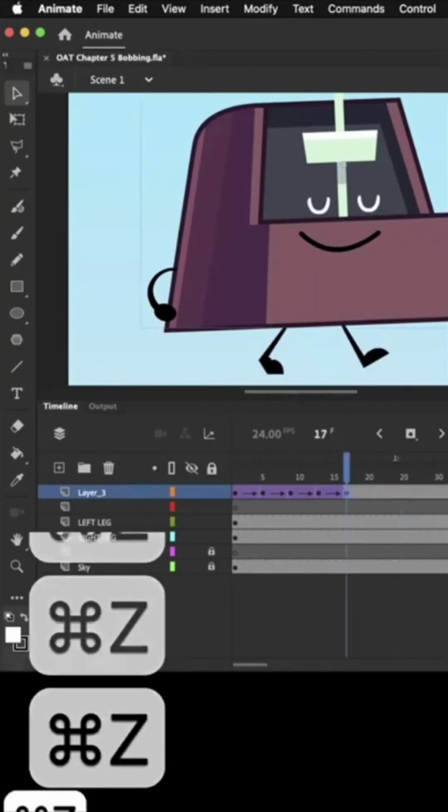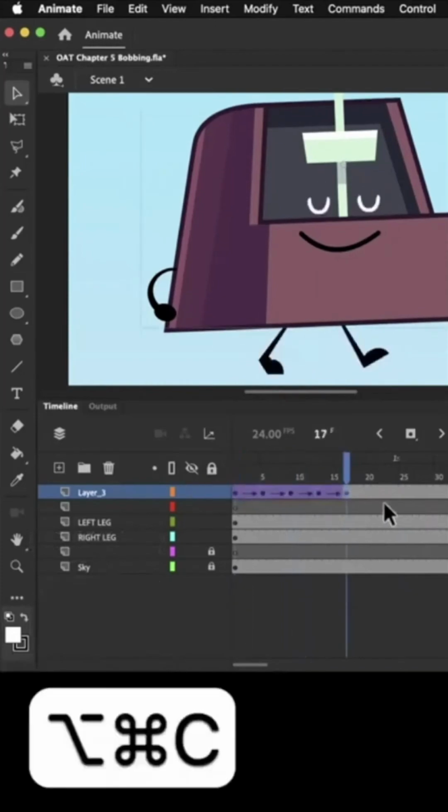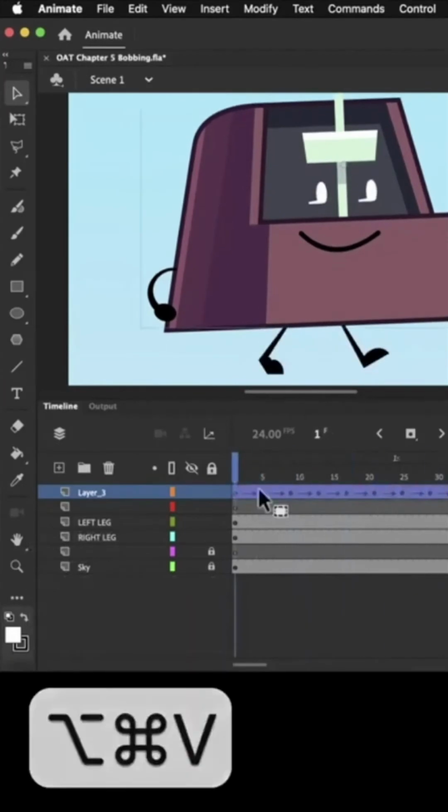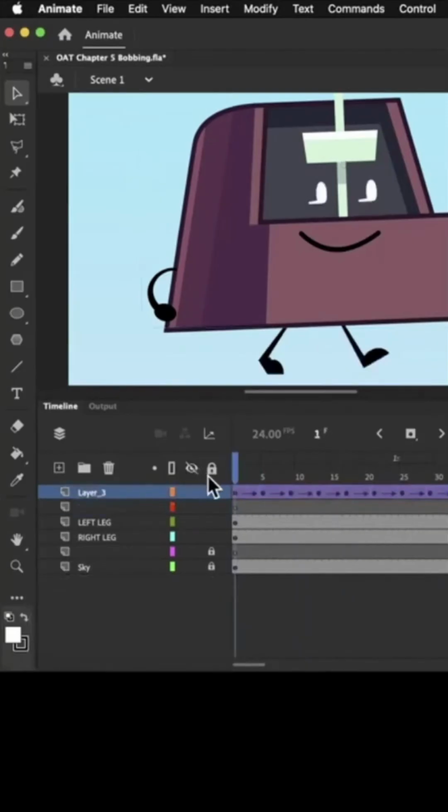Now, if copy pasting one bob over and over is too tedious, we can always double up. So each step, we just copy and paste double the number of keyframes, and that will cover ground a lot faster. And if we play what we have, we can see how it's still just repeating the frames of the